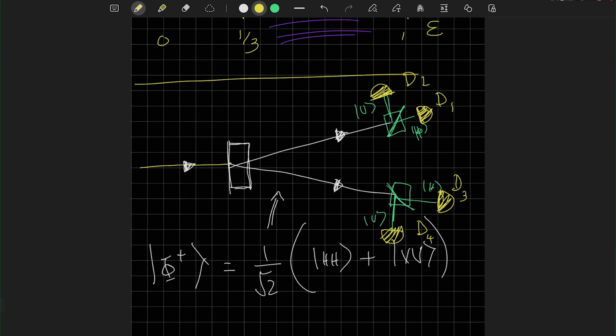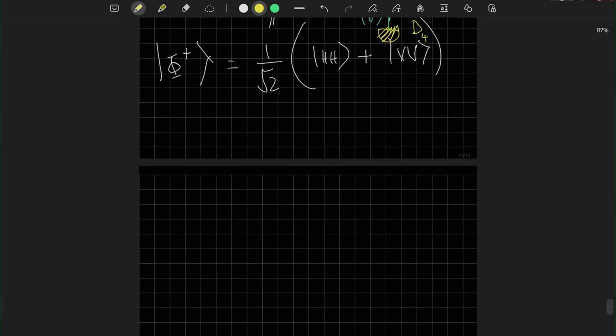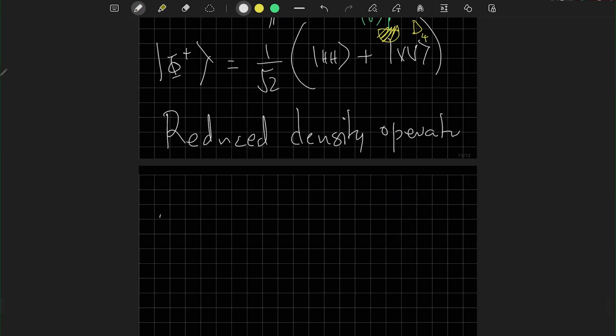This is a very useful concept, and I think in cluster state computing we should really know about it: the idea of the reduced density operator. So for the reduced density operator, I have a two qubit system A cross B. A is the Hilbert space of the first qubit and B is the Hilbert space of the second qubit. The reduced density operator of A